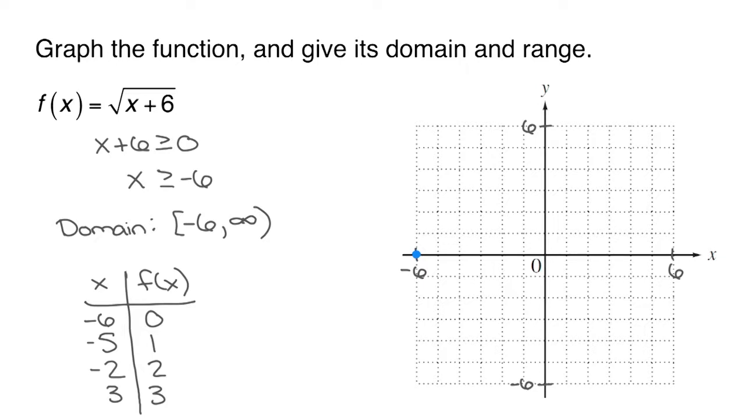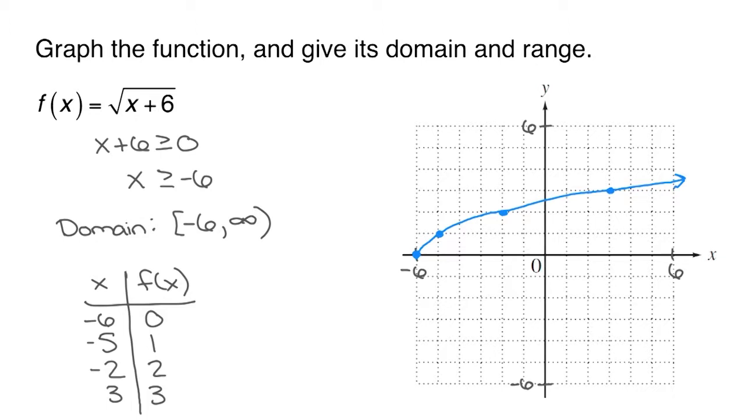From the origin, we move left 5 units and up 1 unit. We have the point (-2, 2). So from the origin, we move left 2 and up 2 units. And we have the point (3, 3). So from the origin, we move right 3 units and up 3 units. We'll then connect these points with a smooth curve,